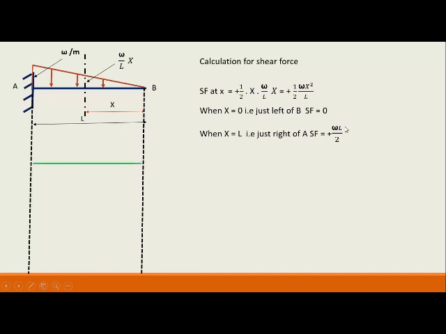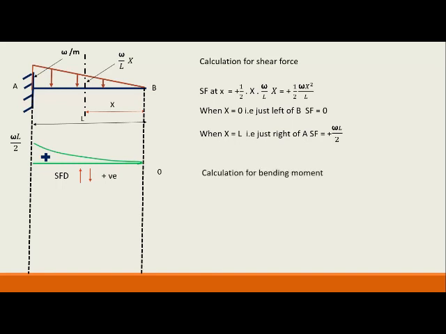So here we will see this is the baseline, 0 at the free end, omega L by 2 at the fixed end, and as it is a downward force in the right of the cross section, as per the sign convention it is positive, and it is having a variation of a square parabola. We have put a positive sign as per the sign convention.